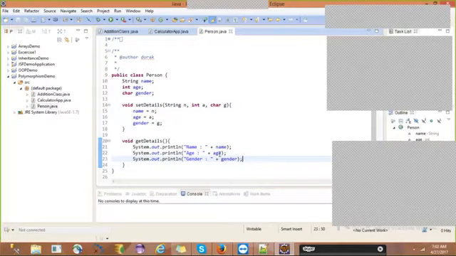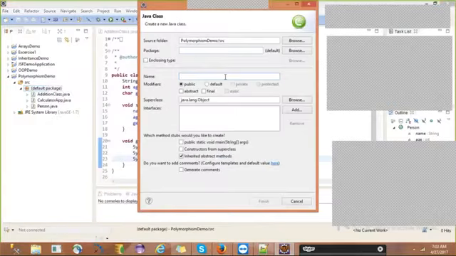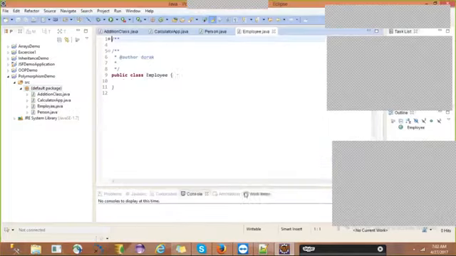So let's write a subclass. Our subclass that we need now is, let us say, class employee. In the employee, what are the fields that we need to have? Simply, if we write a class employee, it can't be a person. We should establish the relation. How? Extends person.